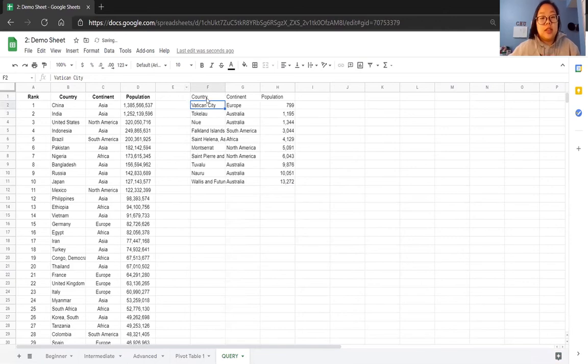So now we only see the 10, right? 5, 10. So limit is another keyword that we have in the query language. So that's great. We can also do some math with the query function, within this line of text. We can divide the population by the world's total, which is around 7 billion, something, to get the percentage of the population